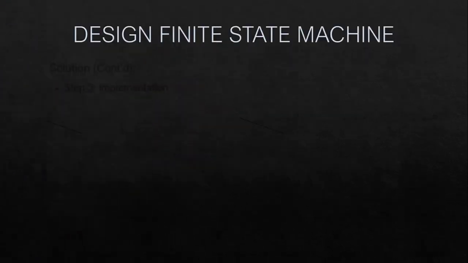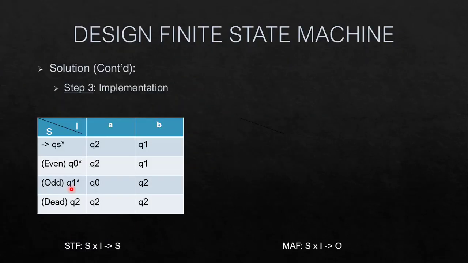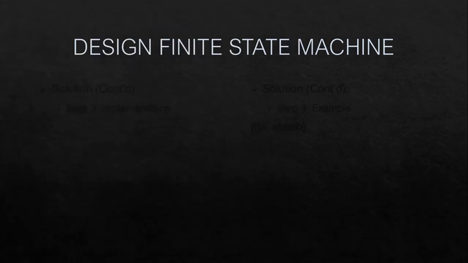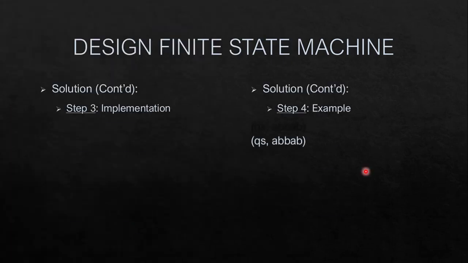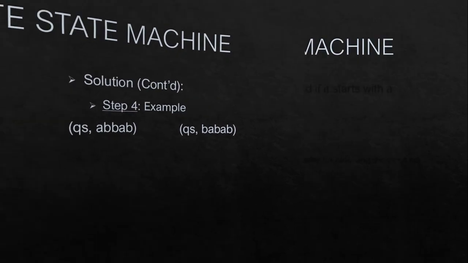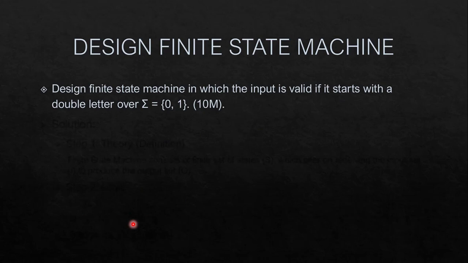So let's see the state transition table. So we have the state transition table as QS, Q0, Q1 and Q2. Q2 being our dead state, Q0, Q1 and QS being our final states. And we have N written down wherever there is Q2 and the rest will be Y. Let's check this out with an example and state transition diagram. So this is an example that you need to solve on your own. In case you get stuck somewhere, you can just refer to the table and the state transition diagram to get it answered. Let us check another example whether you actually have understood the concepts clearly or not.